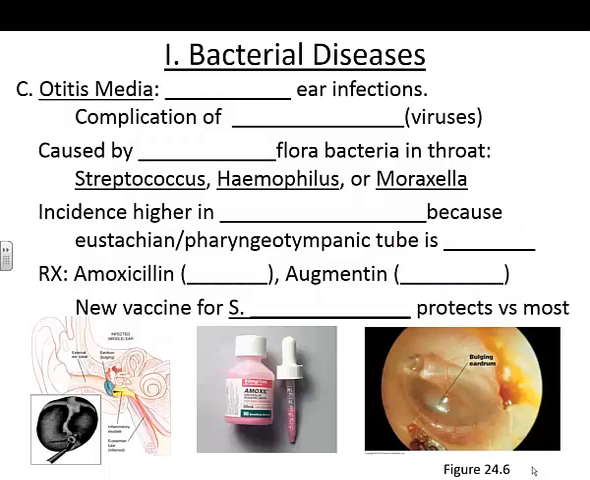Otitis media, or middle ear infections, account for millions of doctor visits every year. Typically, these infections are a complication of common cold viruses. Normal flora bacteria, which inhabit the throat, build up behind the eardrum to cause pain and swelling, seen here. The three main bacterial genera responsible for otitis media are Streptococcus, Haemophilus, and Moraxella. The incidence of middle ear infections is higher in small children